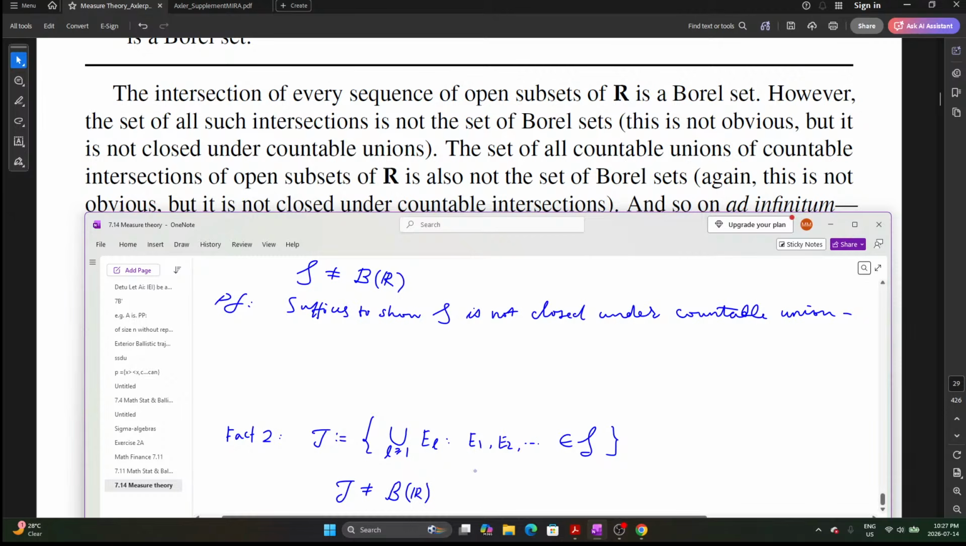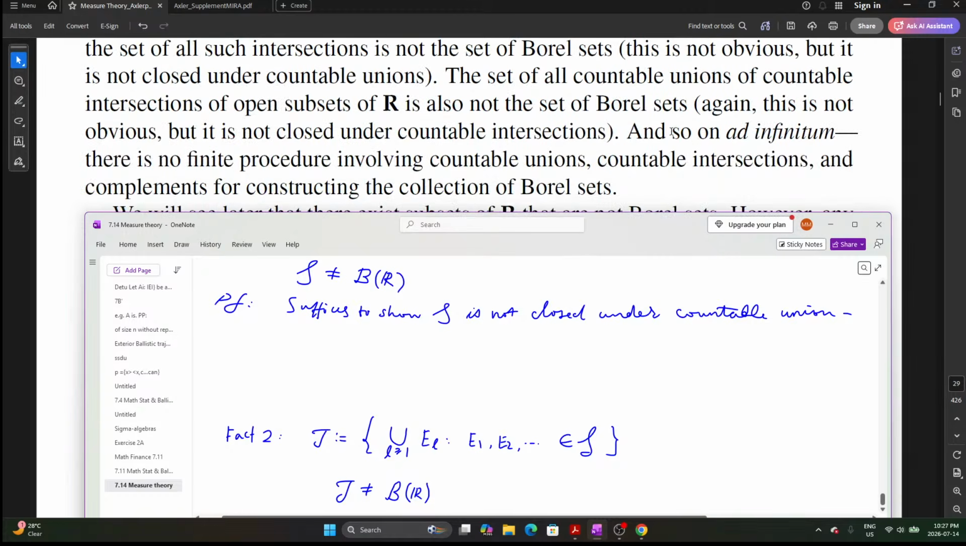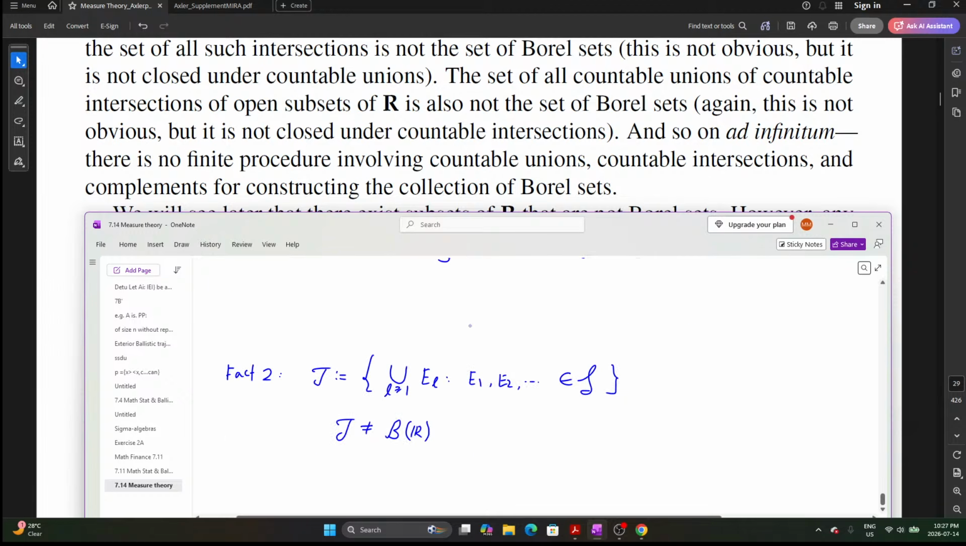How do we show that? The T is not a Borel sigma algebra either. And then it says ad infinitum. There's no finite procedure involving countable unions, countable intersections, and complements for constructing the collection of Borel sets. Once again, it's highly non-trivial. The proof says T is not closed under countable intersection. It suffices to show